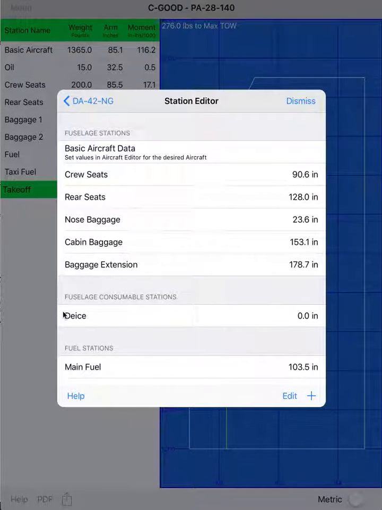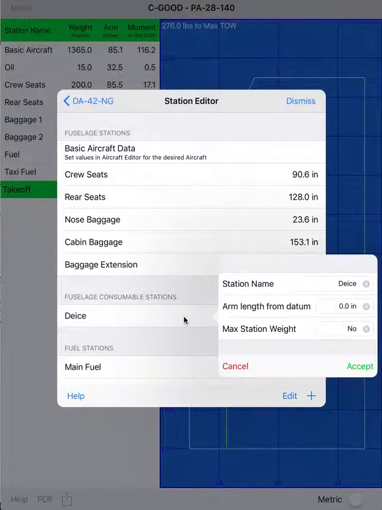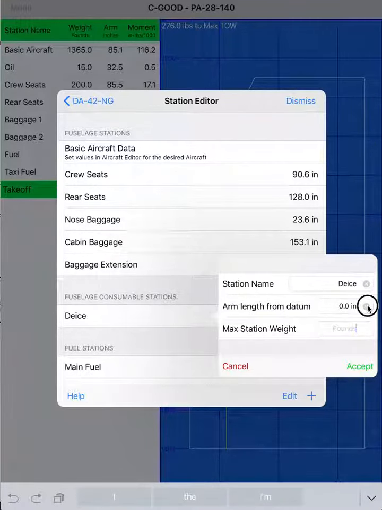And you'll note that it defaults to the name de-ice. However, if you have some other type of consumable that you need to deal with, whether it's agriculture spraying, I guess, or any kind of other expendable devices to drop, you can change the name to that. We're going to go ahead and put this one in, de-ice, at 39.4, at a maximum station weight of